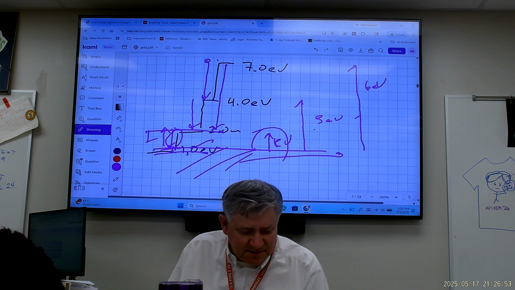So remember, this x-axis here is a reflection of the energy of the incoming photon. Why is this a linear function afterwards? What one equation tells you this is a linear function? So this is a linear function because